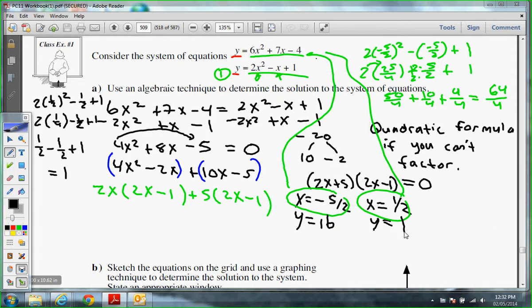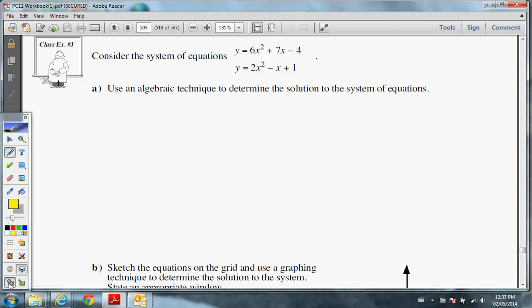And just make sure you understand that even if I did it to this equation, I still would have got the same thing. They share that point, right? That's the whole process we're doing. What points do they share? Okay, any questions on that? So we got our x and our y now. We're good? Okay, all right, so then moving down,